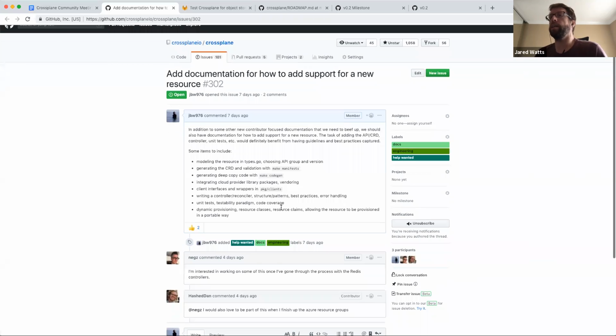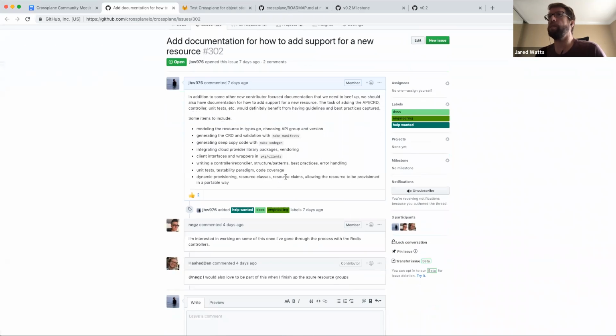So let's see here, a couple of notes for the general process right now. Both Nick and Daniel have expressed interest in getting that documented. And those are two very good candidates for that, since they are actively in the midst of adding support for new resources, getting ramped up, and have that all fresh in their mind right now. So any notes that you take during that process, and if you can collaborate on getting it documented or even adding suggestions for where we can automate the process more and make it easier for people, would be very much appreciated.